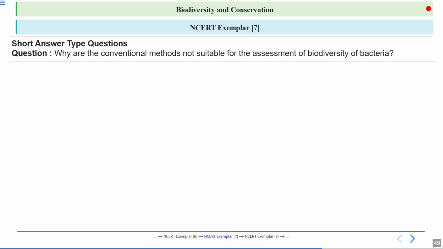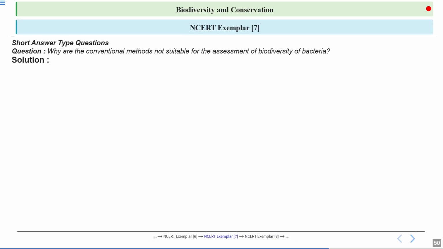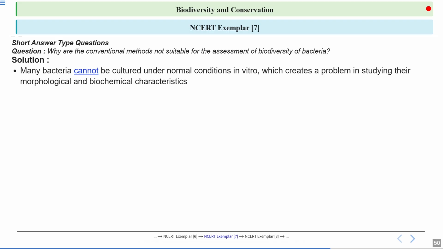Next question, why are the conventional methods not suitable for the assessment of biodiversity of bacteria? We're talking about the bacteria here. Let's have a look at the answer. Many bacteria cannot be grown in laboratory settings under standard methods. So all the bacteria cannot be grown in the laboratory, which makes it difficult to study their